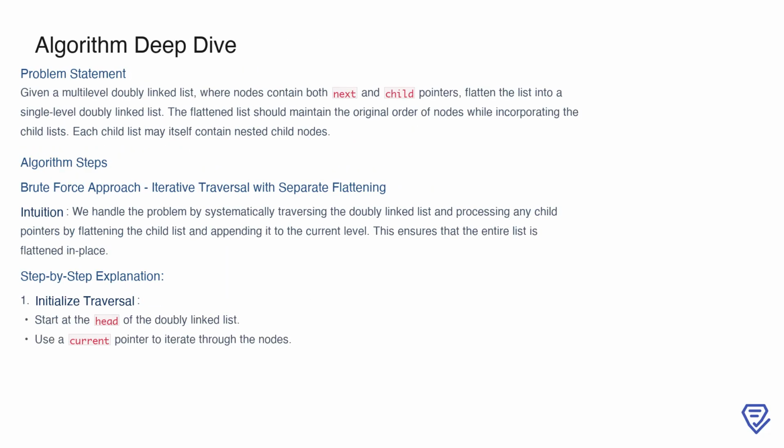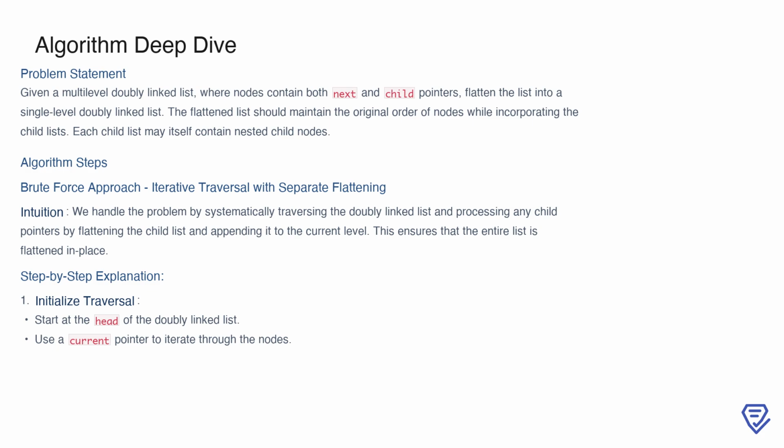To begin with, the problem asks us to flatten a multilevel doubly linked list. In this type of list, each node not only points to its next node but may also have a child pointer, leading to another doubly linked list. The goal is to transform this complex, nested structure into a single-level doubly linked list while preserving the original sequence